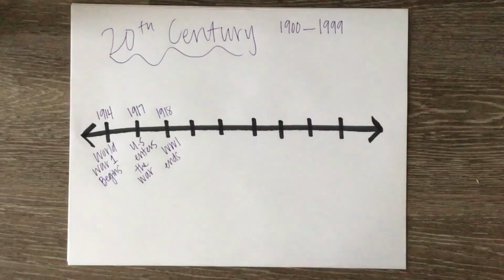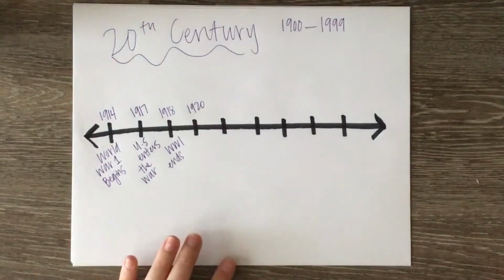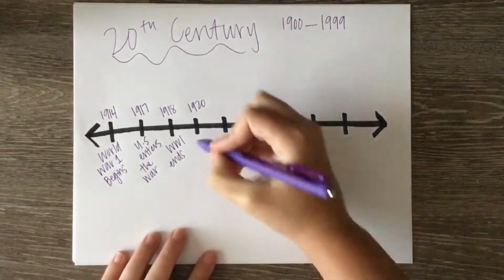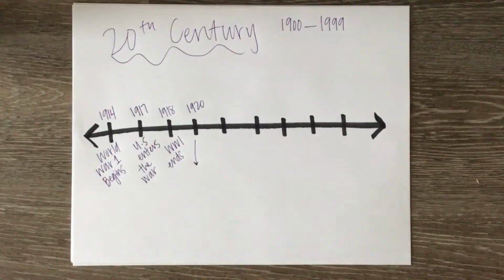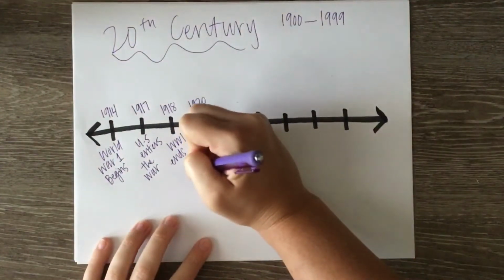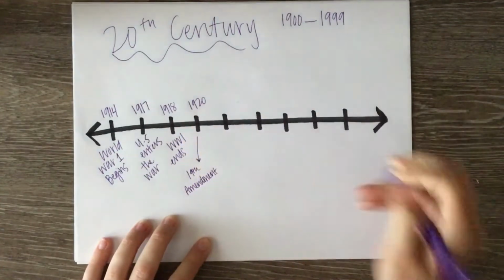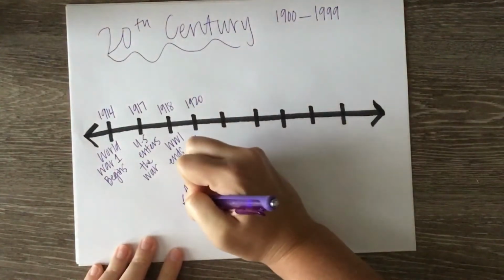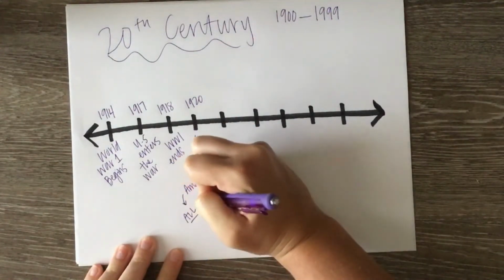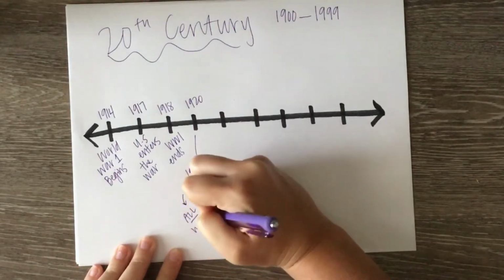This timeline, I'm telling you, I was going so quickly. Our next date, which we kind of read about last week, if you did last week's assignment, I'm going to just draw an arrow down here because I'm going to run out of space. This was when the 19th Amendment happened. If you remember from last week, this means that all women have the right